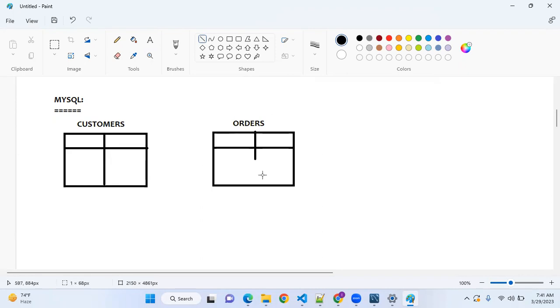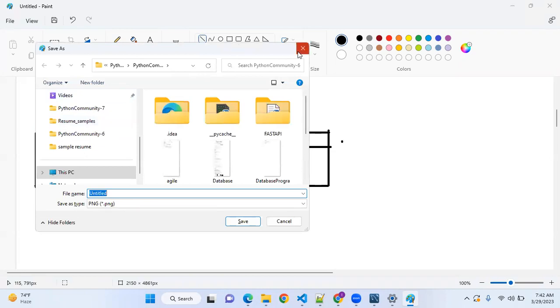I'm writing only 2 columns for easy understanding. Or I'll add one more. Not an issue, I'll add one more. Okay, so this is the customer table, and the other one is the orders table.